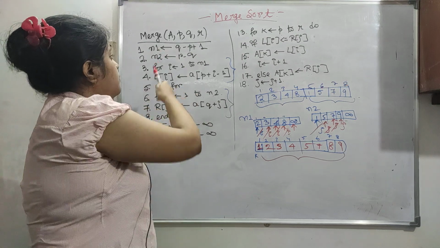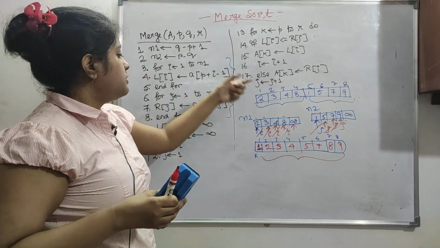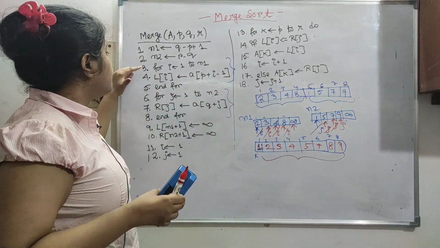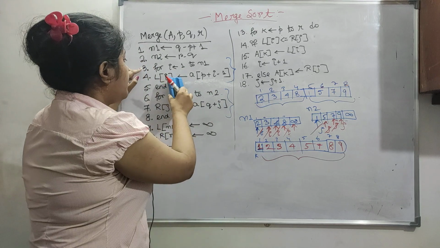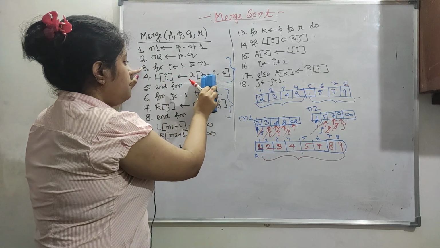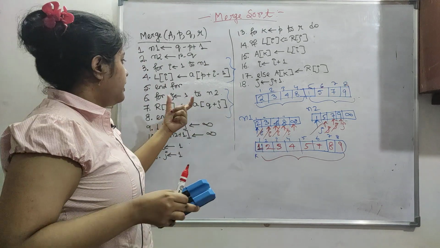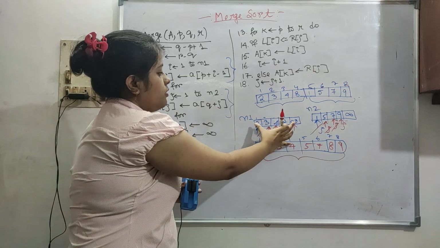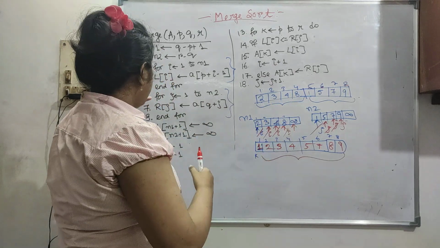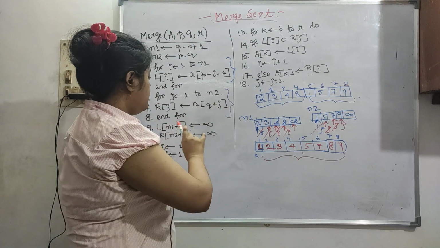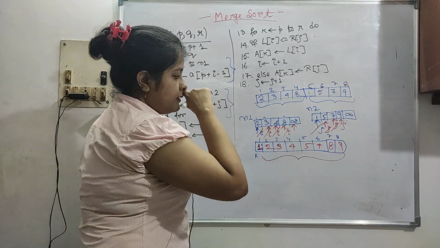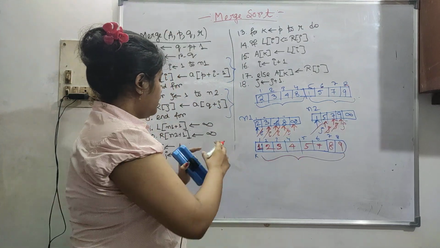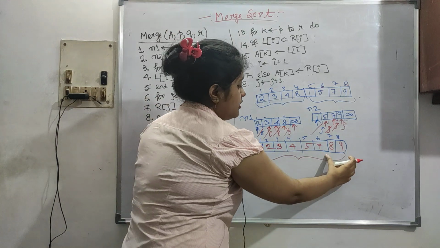So n1 is equal to q minus p plus 1. You can just work it out. This is just breaking the list into 2, n1 and n2. Okay, so for I is equal to 1 to n1, L of I will contain A of p plus I minus 1, the elements in the first list, and we will end the array because it is just copying the list. This list is copied here and this list is copied here, like this the for loop is going, and at the end of the first list and second sublist an infinity is added, and then we are doing this procedure. So the sorted list is coming out.